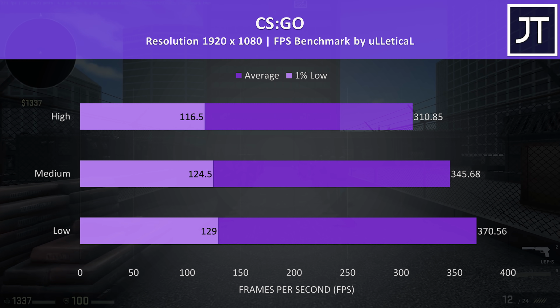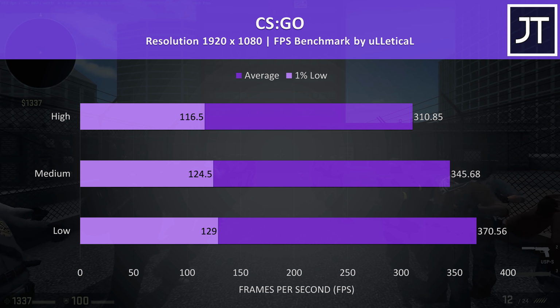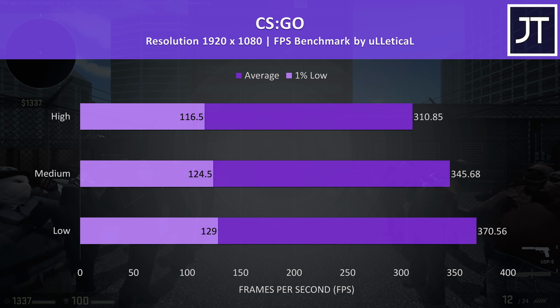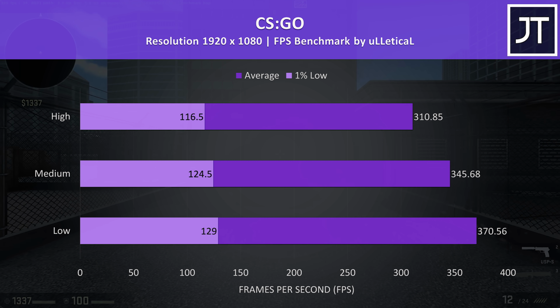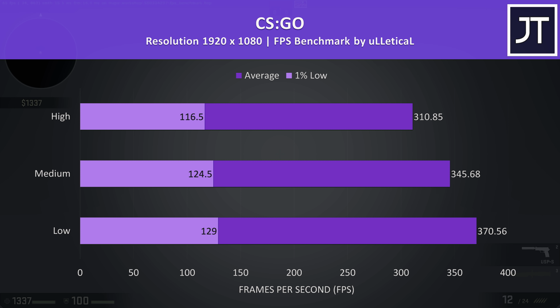CSGO was tested using the Uletical FPS benchmark, and as a game that depends primarily on CPU power, the results are a nice step up over the 9750H laptops that I usually test, as we're hitting higher clock speeds here. Even max settings was scoring average FPS higher than the refresh rate of the screen, with over 100 FPS for